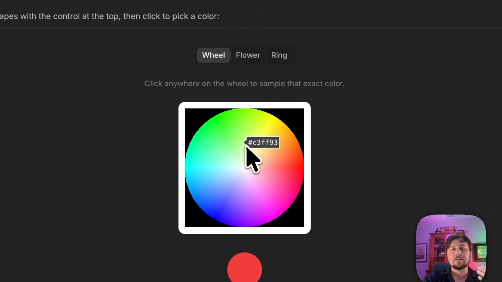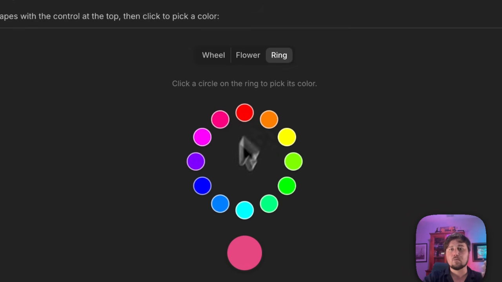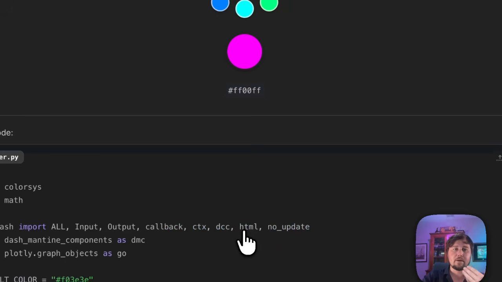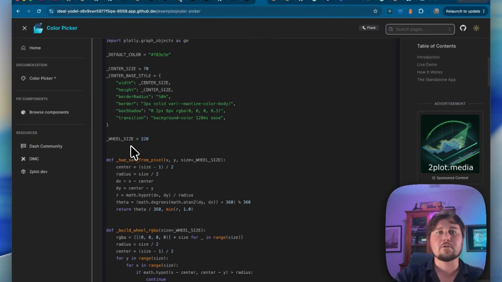So you have this wheel, right? And if you click on it, it will change colors, okay? So it's changing colors, all right? And then he has this flower over here, all right? And if you jump in between different colors, it changes colors, okay? Really cool. And then the ring. This is really cool. Now, if you want to learn what's going on here, look at the source code, okay? Dive in here, you can get an idea of how he's structuring everything, and honestly, man, this is clean. You're doing really good, okay?